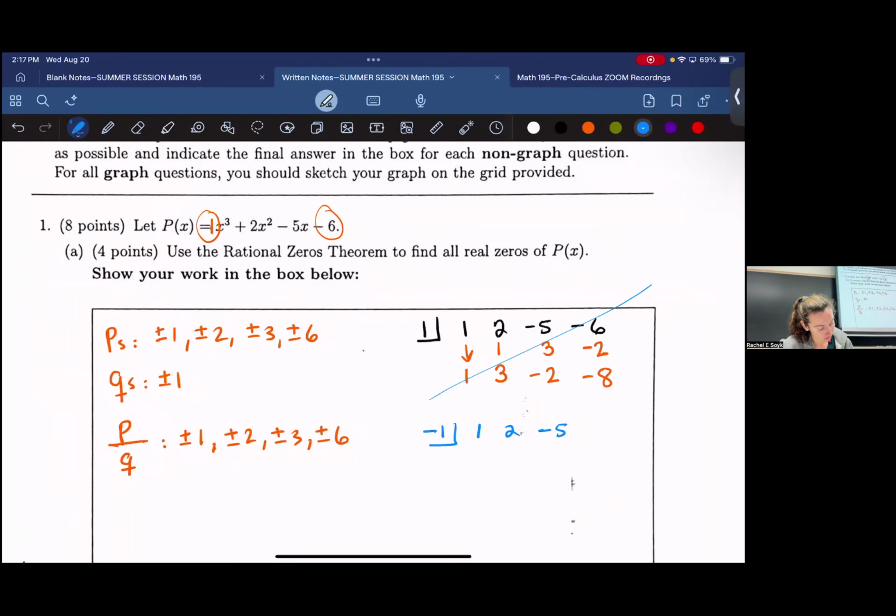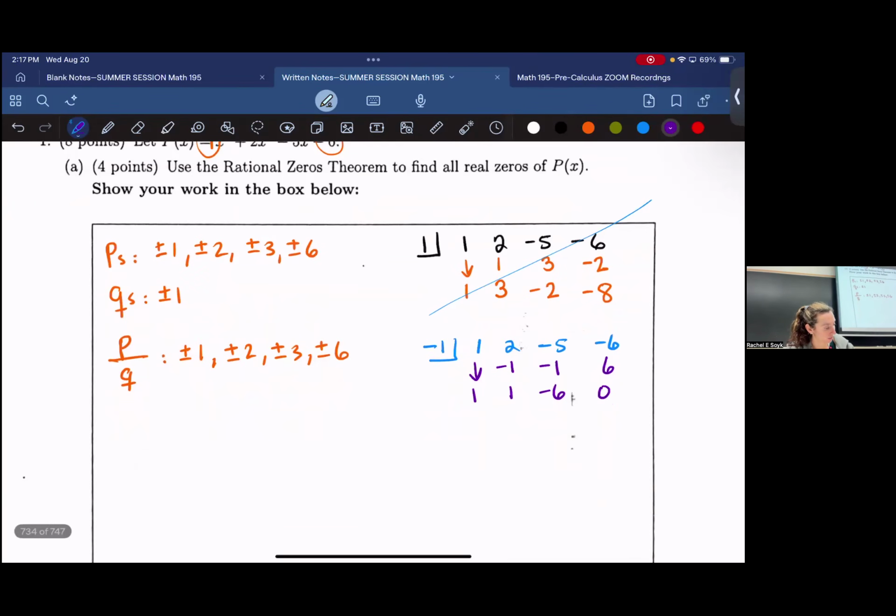Carrying out synthetic division again. Bring the 1 down. 1 times -1 is -1. Take the sum, we get +1. Product again, -1. Take the sum, we get -6. Ooh, we get that remainder to be 0. So we know that x plus 1 is a factor. Because x plus 1 is a factor,